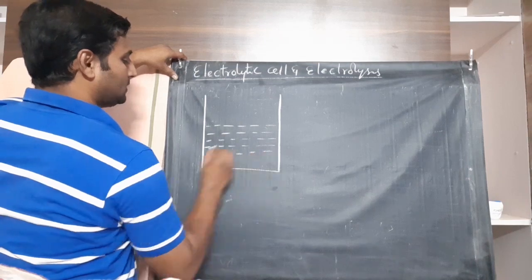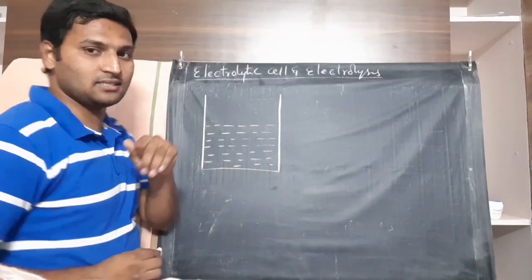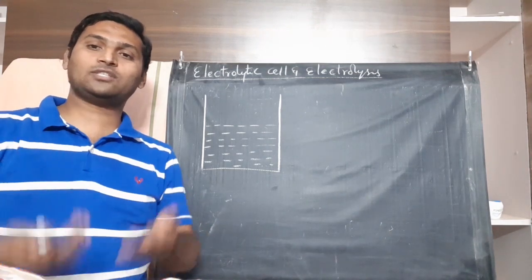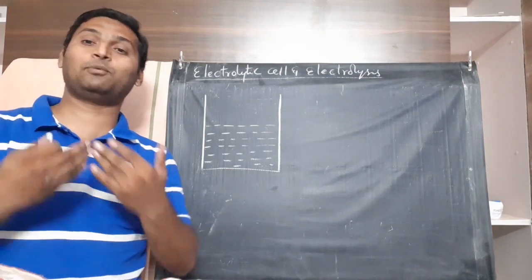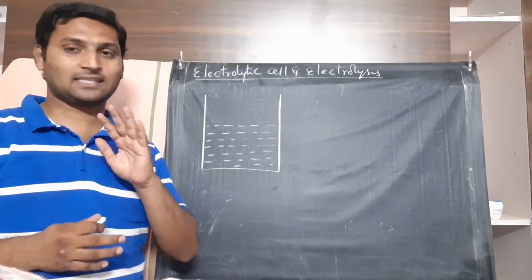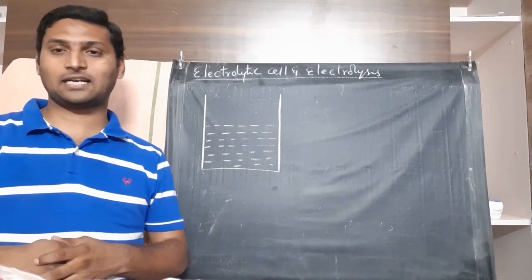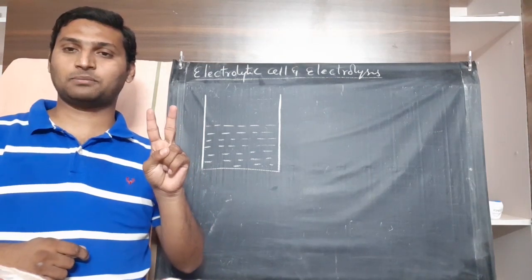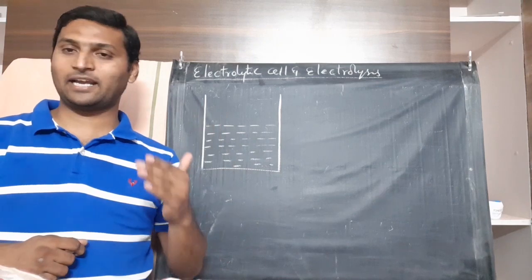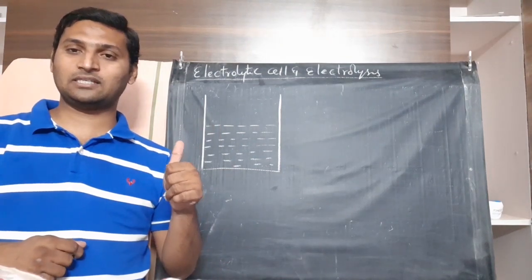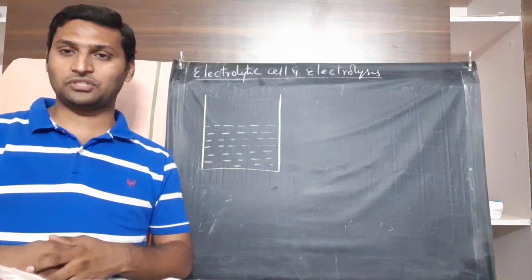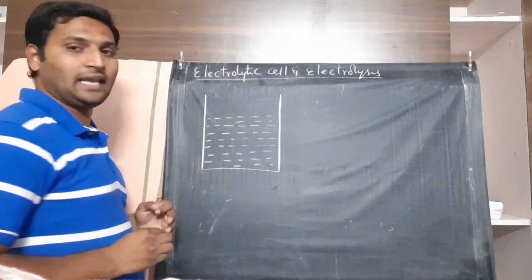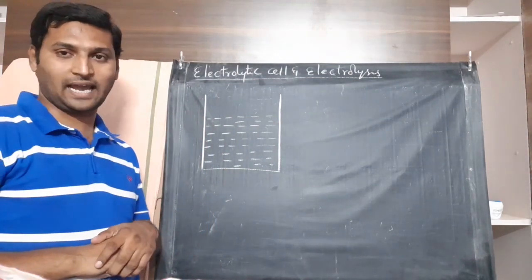Now, what are electrolytes? Any substance that conducts electricity due to the presence of free ions, allows the passage of electricity through it and undergoes decomposition due to passage of electricity is called an electrolyte. Which substances act as electrolytes? Acids, bases, salts. Bases and salts being ionic substances, either in molten state or in aqueous solution state, whereas acids being covalent substances, only in their aqueous solution state. Yes or no? Any such electrolyte, molten or aqueous, is filled in this electrolytic tank.